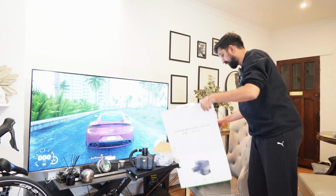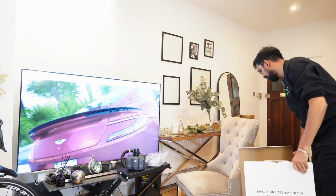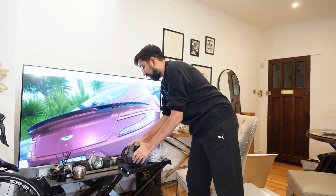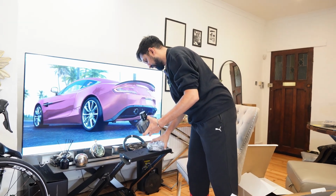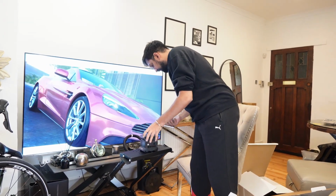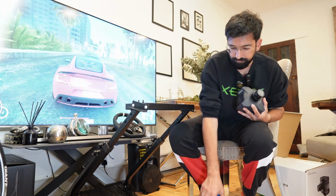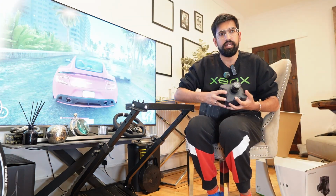So this is the box it comes in. Nice little bit of Xbox branding around the place, but we don't need that because all we need to do is put our wheelbase onto this, and then we're going to put the pedals as well. Something goes clanking. Hang on a second. This is smaller than the Moza R5. So the Moza R5, if you can see here, sitting on my lap,